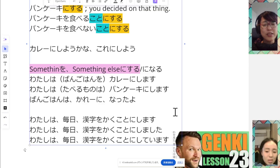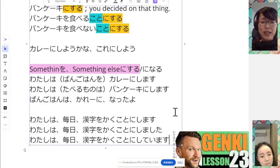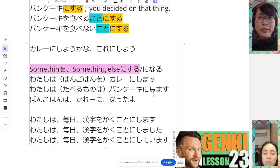私は毎日漢字を書くことにします。We just discussed and you just decided. Okay, I'll make this a thing. 漢字を書くことにします。Or you can even use, okay, 私は英語を見ないことにします。私はもう英語を使わないことにします。You can also use a negative sentence. This is a verb modifying noun grammar. You describe こと, a thing, with a verb: 食べることにします。食べないことにします。